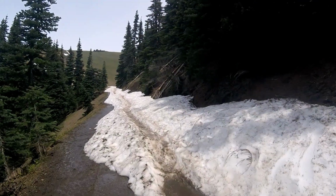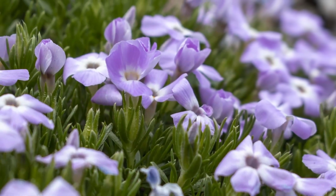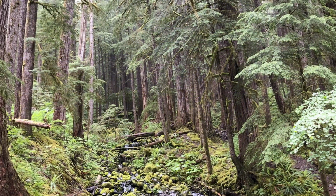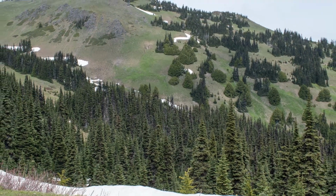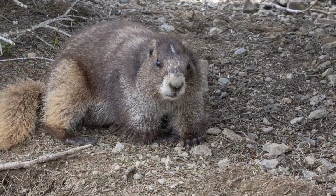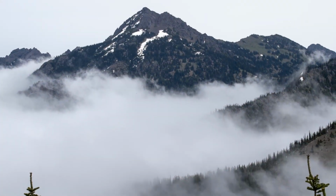It never really gets very warm at Olympic National Park, but in August, the average daytime high temperature is generally in the 60s, and the nighttime temperature is above freezing, which makes it a good time to go. Second, August is one of the driest months of the year and averages only 3 days of rain. Third, by August, all the snow in the higher elevations has melted, which makes a visit to places like Hurricane